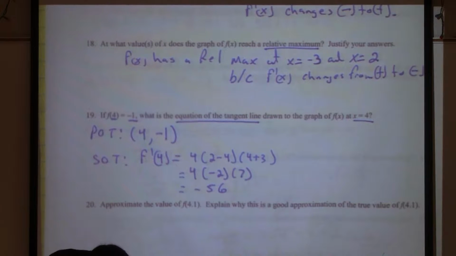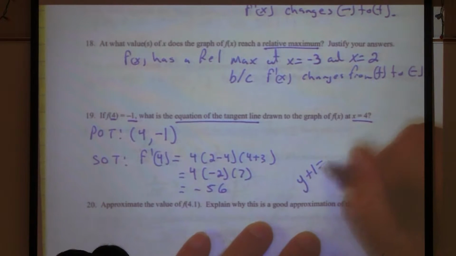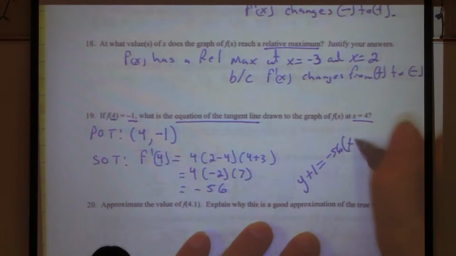With the clown bolitas. So, what's the equation, guys? Y plus 1 equals times